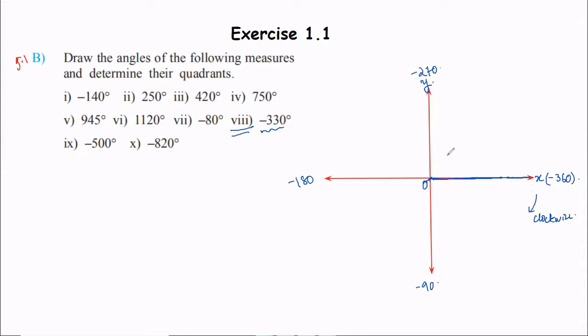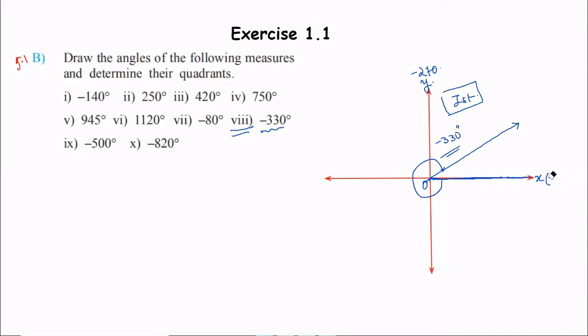I can make that out from the range. So how will be the rotation? It is clockwise. So this is how your angle will look. Okay. So this is minus 330 degrees and it lies in the first quadrant. You can note it down. Moving to the ninth question. Once you get the knack of how to solve it and how to plot it, it becomes quite fast and quite easy to solve. Not to worry about much.